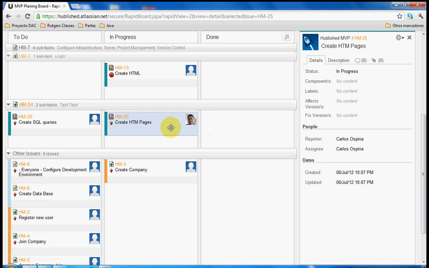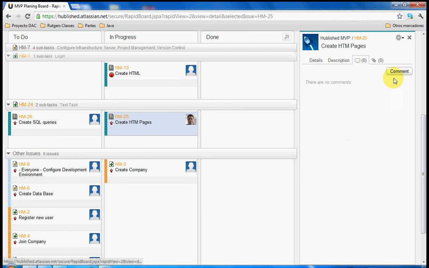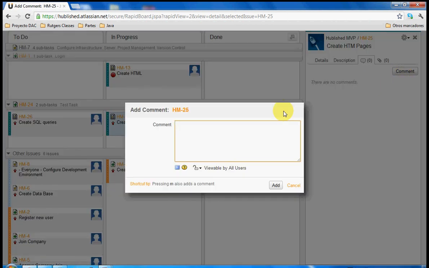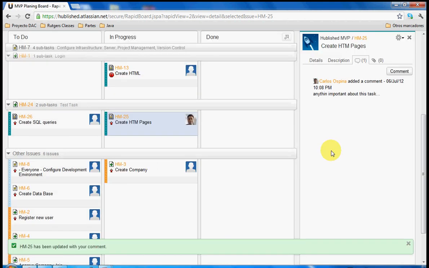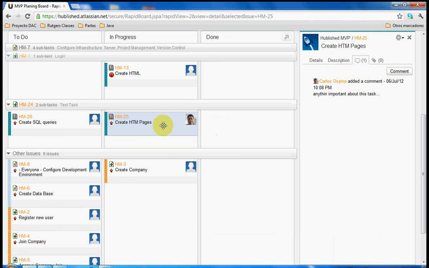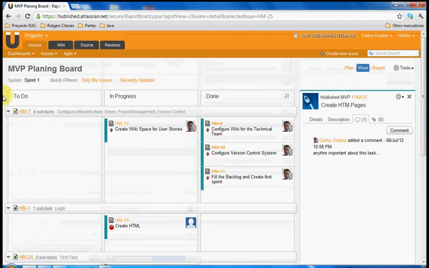I do my stuff, then I come back here and I can do comments. When I click comment, I can write anything I want. Important about this task, I did this, I did that, I had these problems, whatever, and then you publish it. As soon as you publish it, the members or the related members to this task will get notified via email, and everyone in the team will also be able to see it on the activity feed in the dashboard. I can go to the dashboard